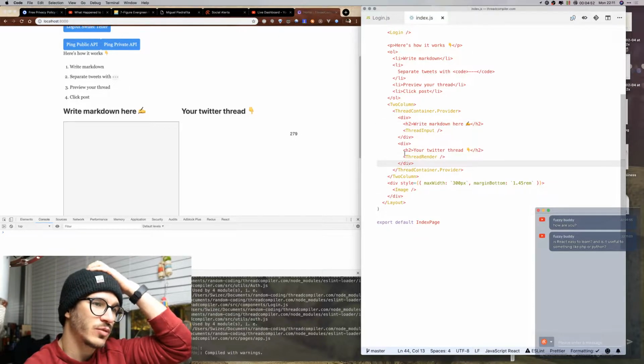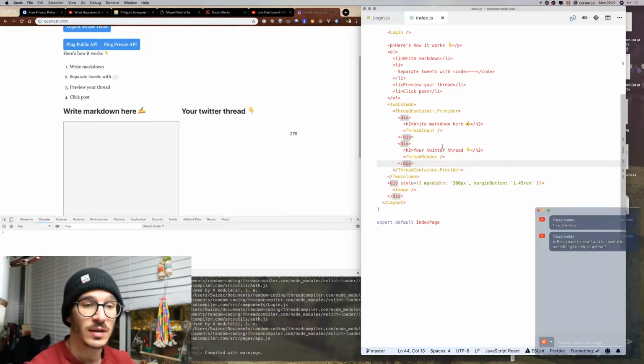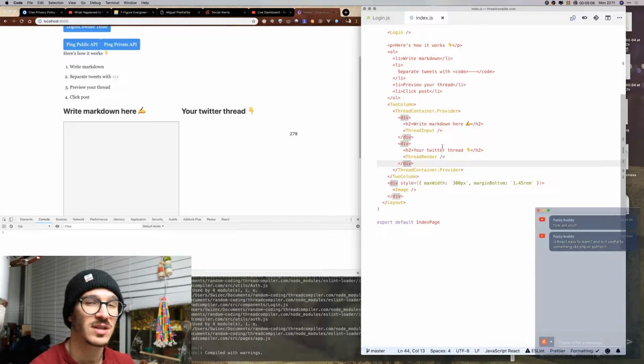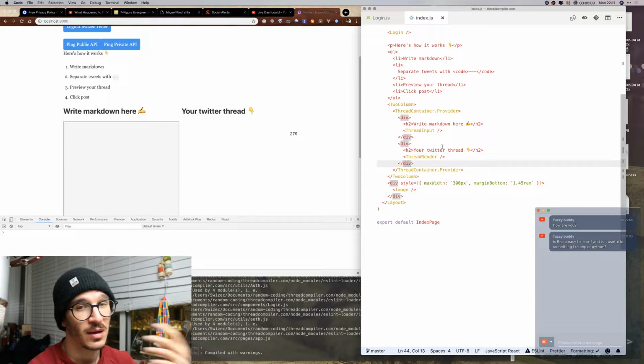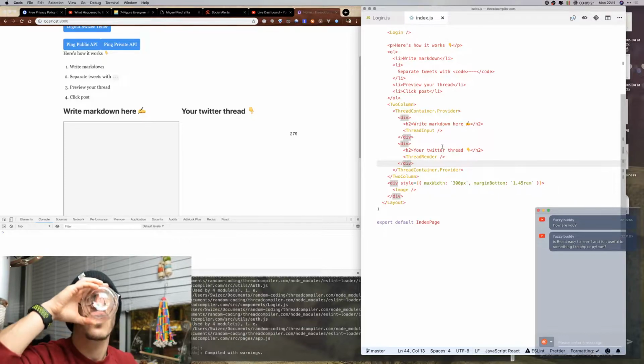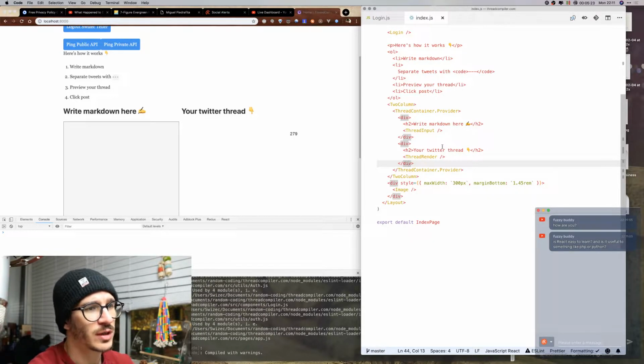So is React easy to learn? I think React is pretty easy to learn, or rather it takes a bit of a shift in how you think about things, but after that it gets very easy to learn. And whether it's useful like PHP or Python, it solves actually a very different problem. React is meant mostly for front-end stuff, whereas PHP and Python are for back-end stuff. So in that regard, I don't think you can really compare that much. But if you're building front-ends, I would definitely recommend you try